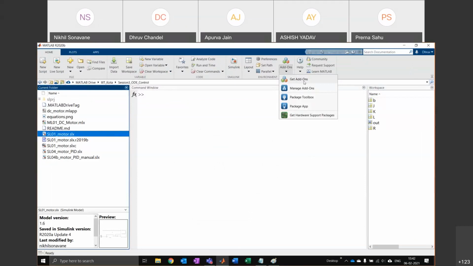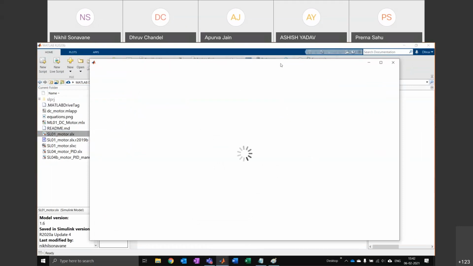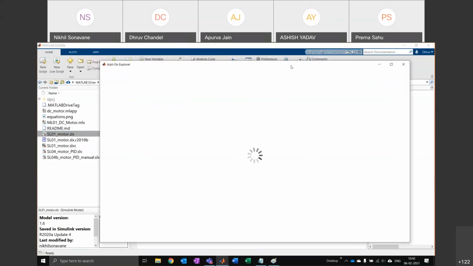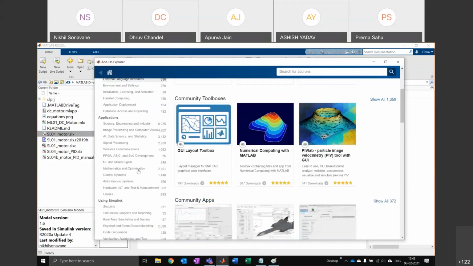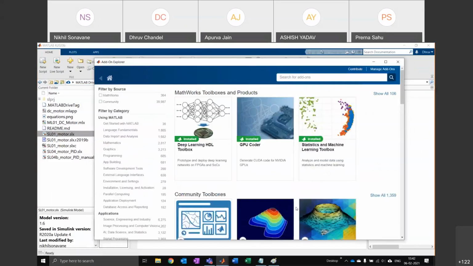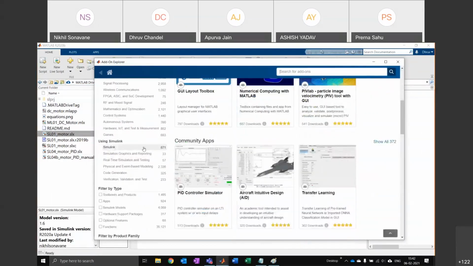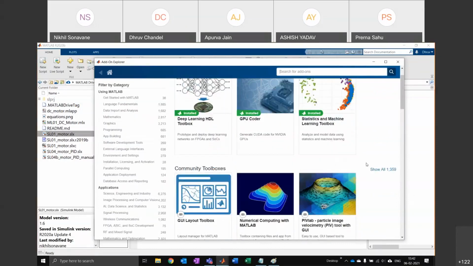If anyone wants to install anything, you can go to MATLAB and then get add-ons. And from there, you can add any missing toolboxes or whatever you have. So if you go to add-ons and just type whatever you need, you should be able to add it from there straight away. Or you might need to run the installer again just to add any missing toolboxes.